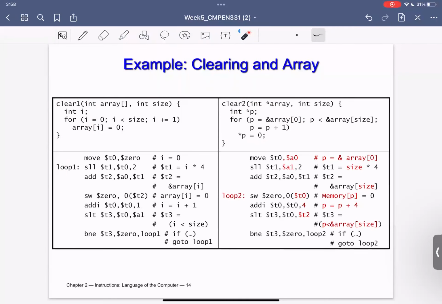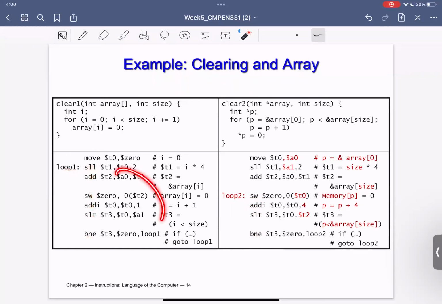At first glance, if I were to ask which one will be more computationally efficient, which one would have faster execution than the other? If you look at the loop on that side, you'll find 1, 2, 3, 4 instructions, but the loop on this side has 1, 2, 3, 4, 5, 6 instructions.